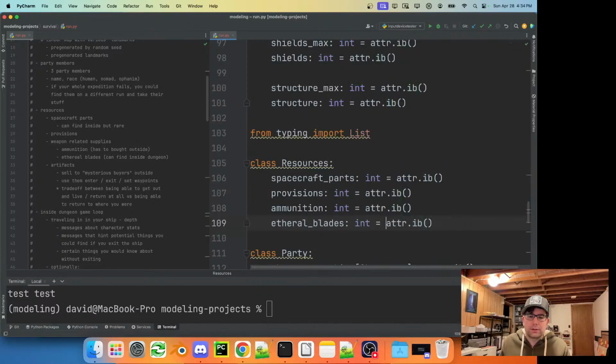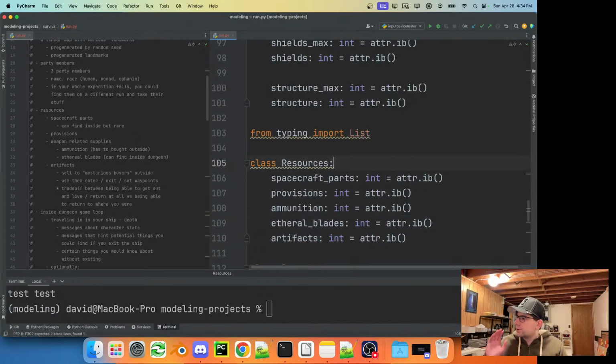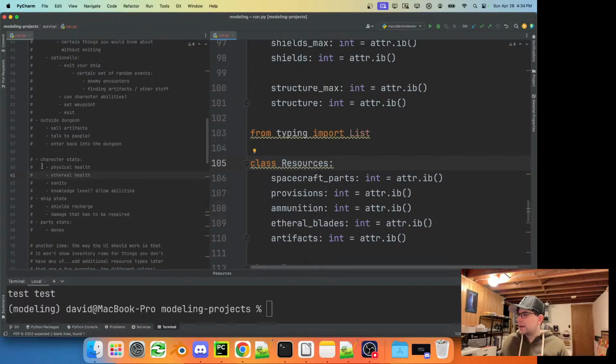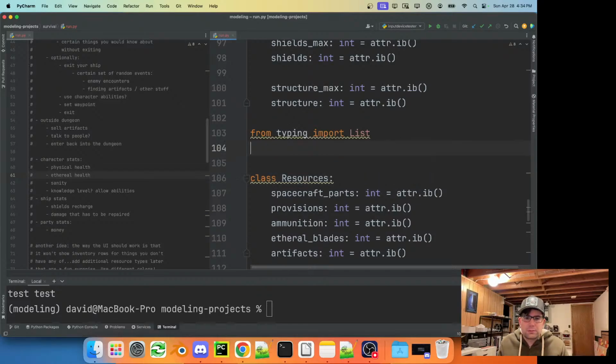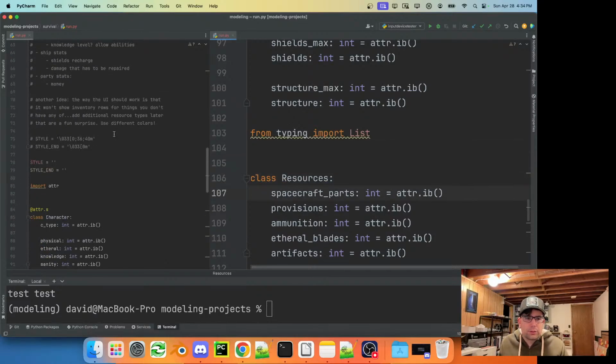Actually, we can summarize that in the UI as blades. And artifacts, and then we can definitely add more here. I feel like we're starting out here with a very reasonable set of things, and if we can add a half dozen random events and a half dozen different landmark types, we'll be cooking.